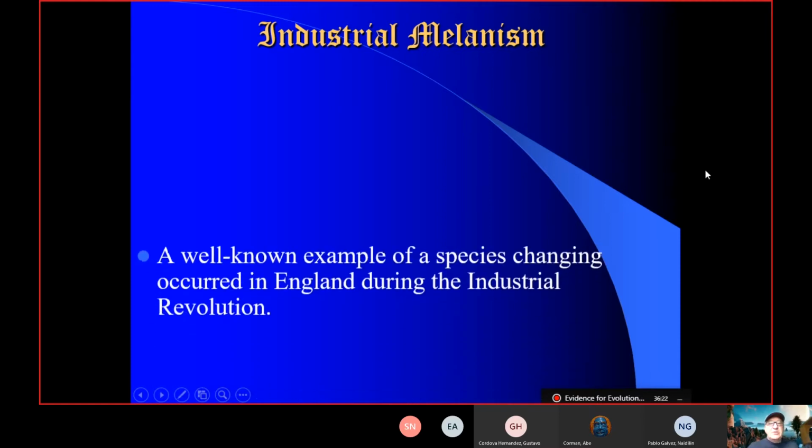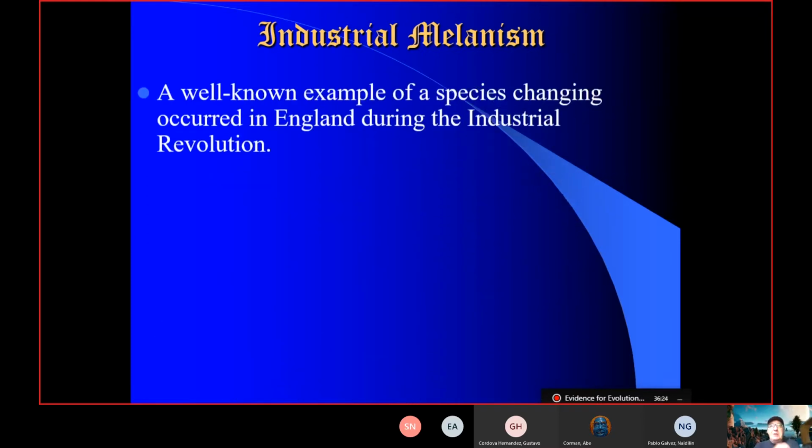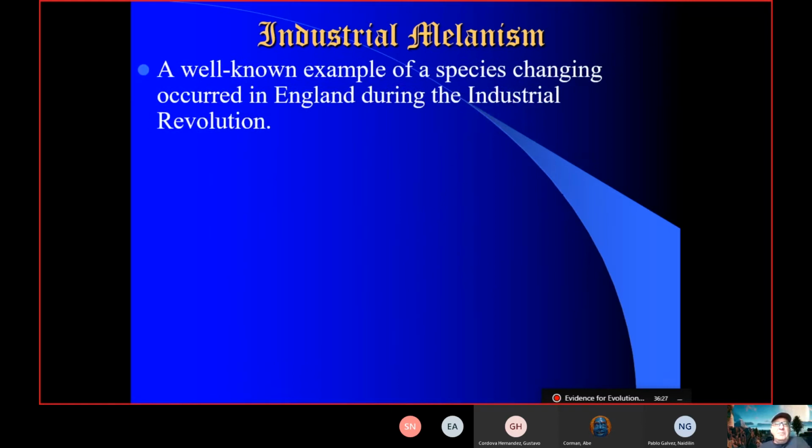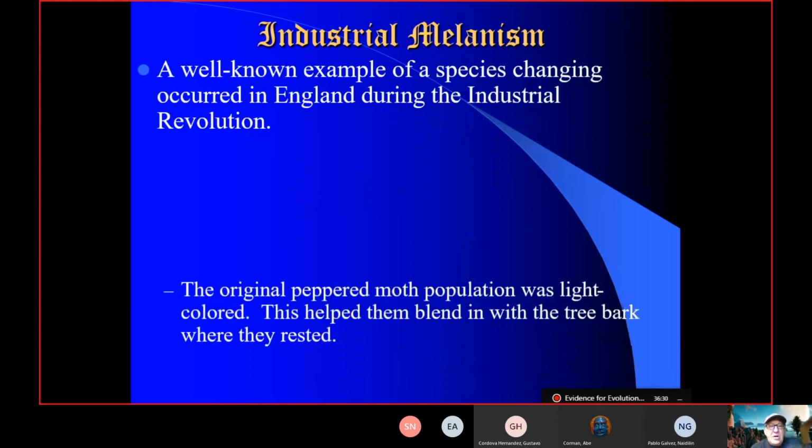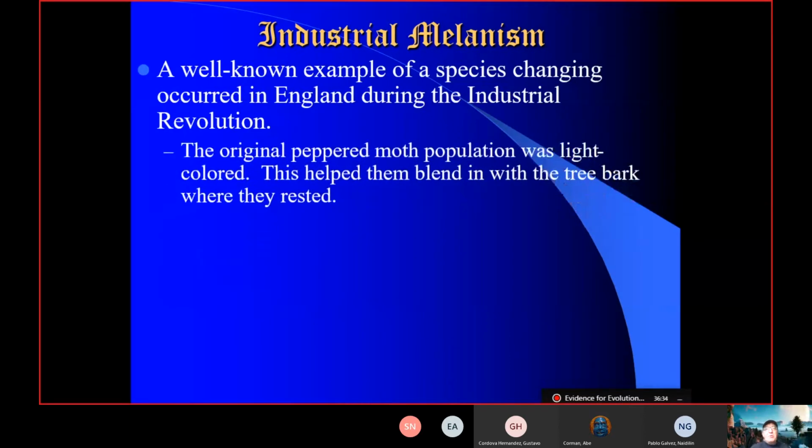There it is. So this is a well-known example. This happened in England during the Industrial Revolution. And it focuses on this animal called the peppered moth. Peppered because its wings are mostly light colored, but it has these little black spots all over it as if it's covered with pepper. So the original peppered moth population was mostly light colored,